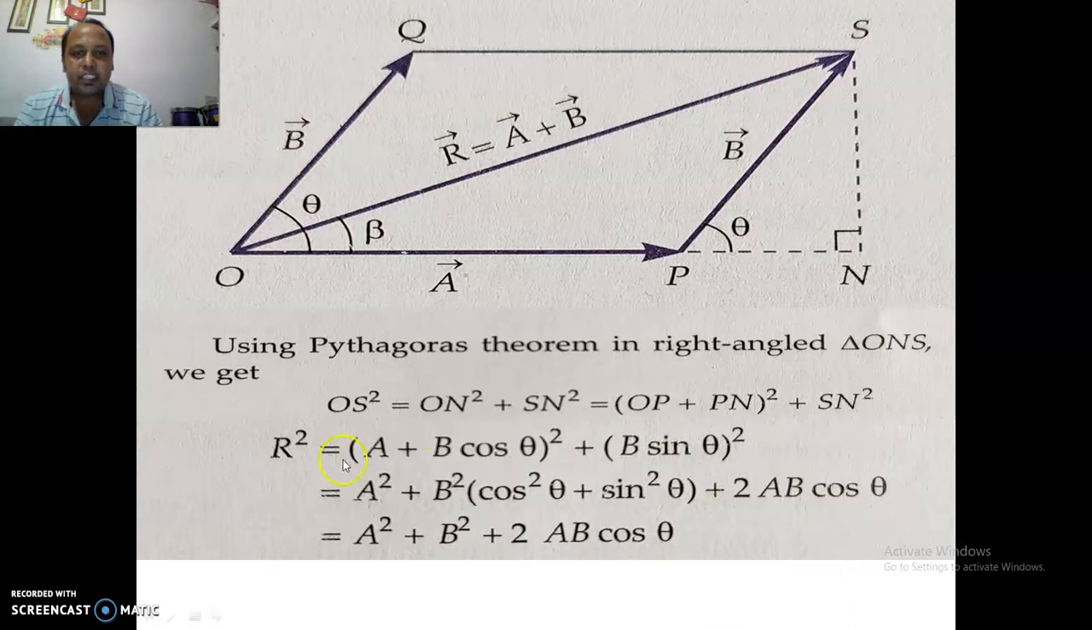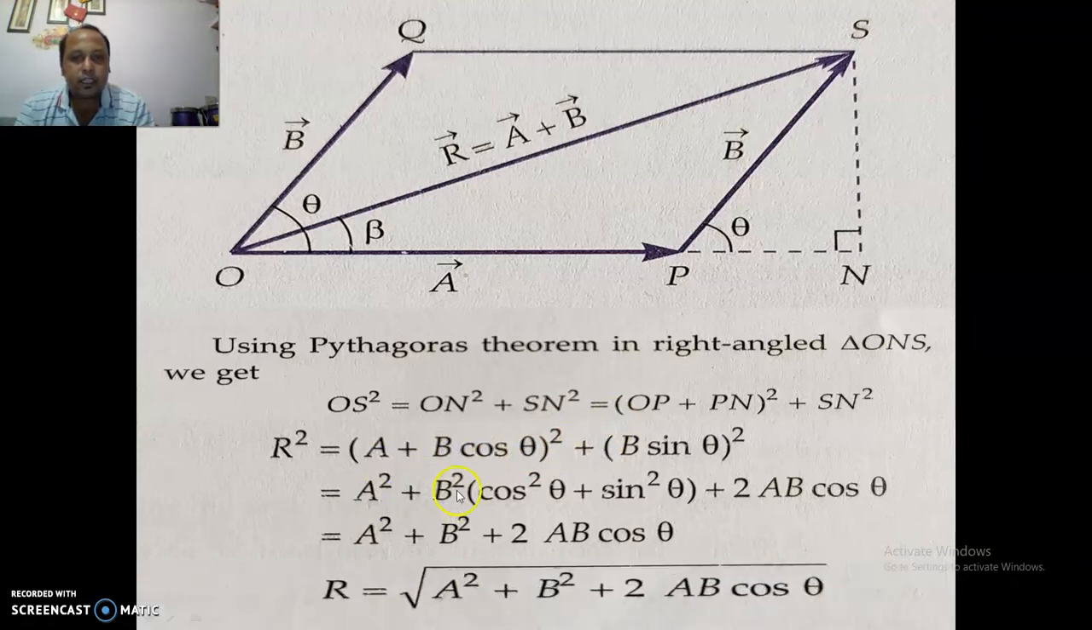OP is A, and PN we have already just now calculated in the previous slide. It is B cos theta. So (A plus B cos theta) whole square, plus this SN is B sin theta, so (B sin theta) square. So when we square it, like this is in the form (A plus B) whole square, so it is A square plus B square plus